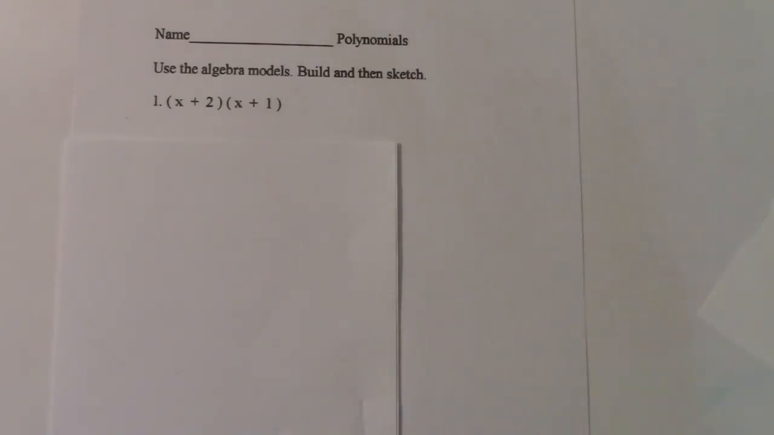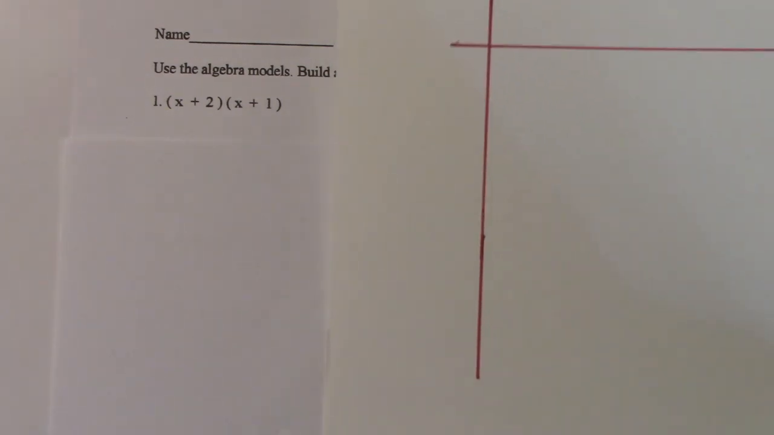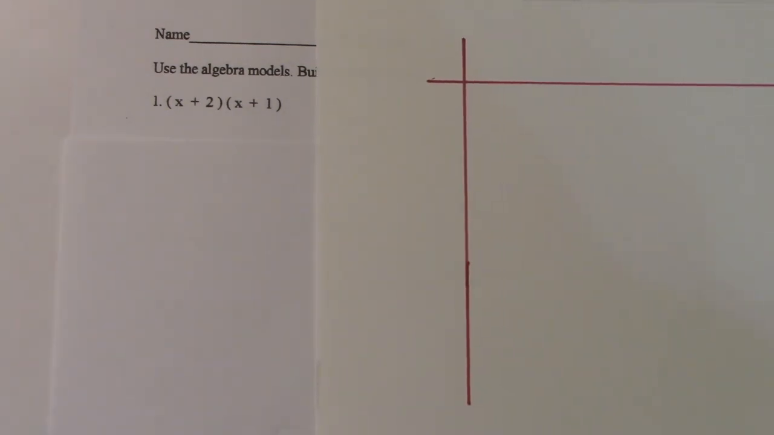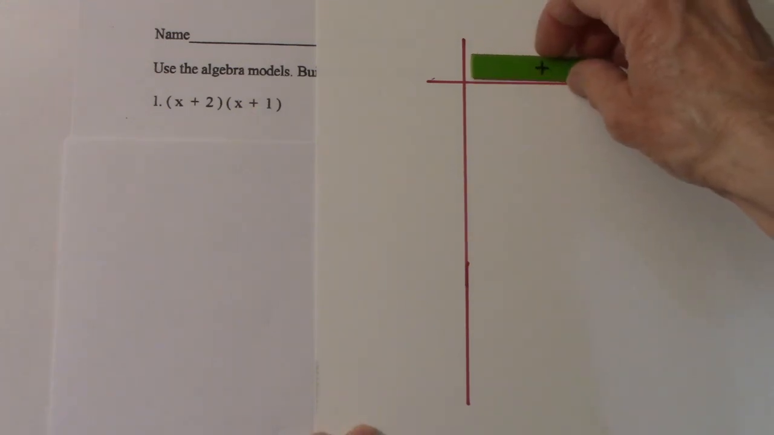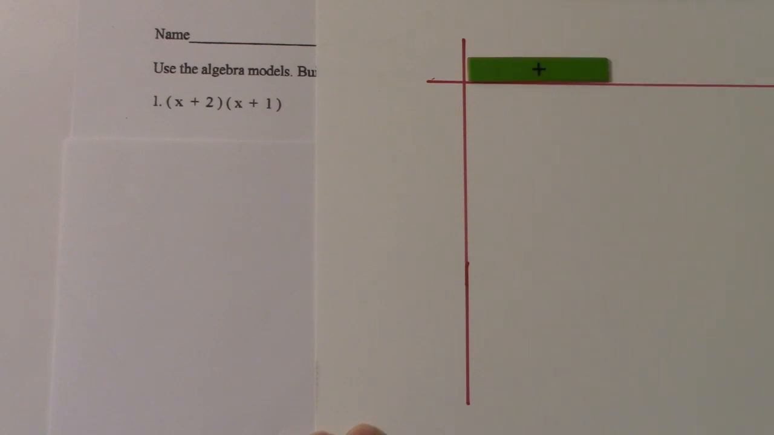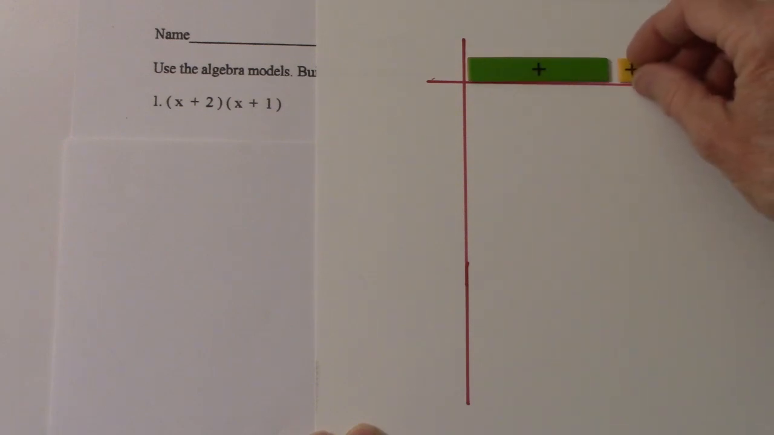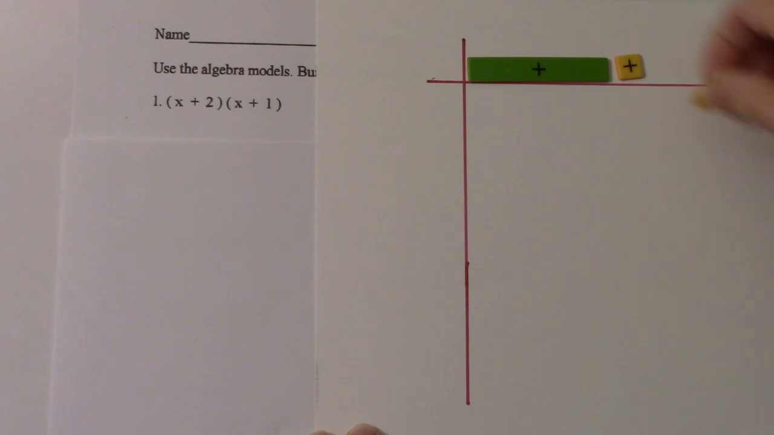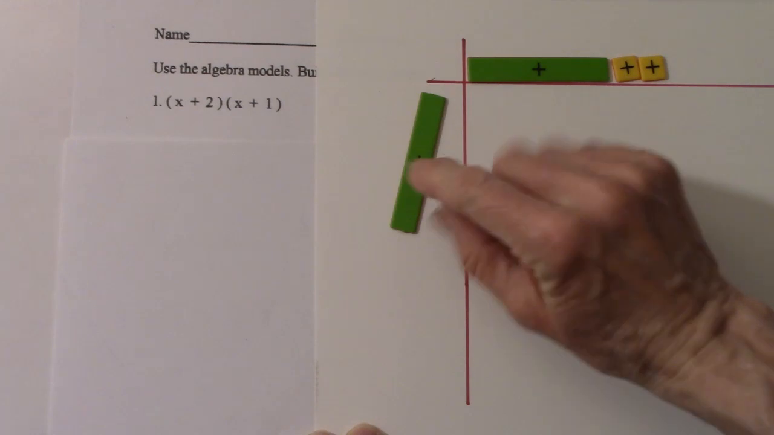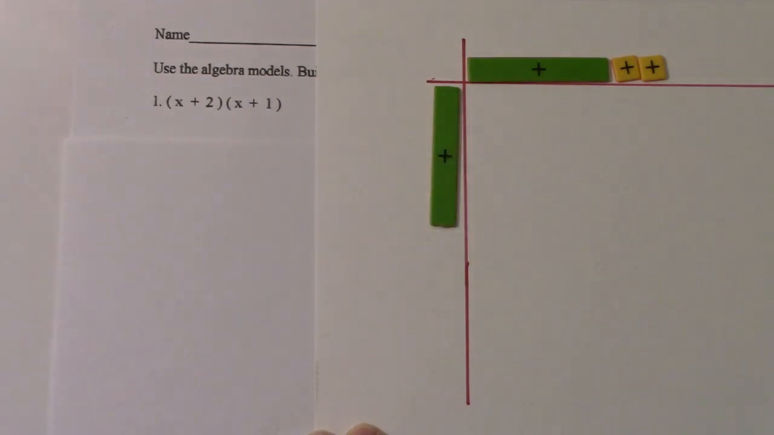Let's consider this question: the quantity x plus 2 times the quantity x plus 1. We're going to use the grid that we've used previously to show multiplication, and I'm going to build the x plus 2 and x plus 1. So here's an x plus 2 on the top and x plus 1